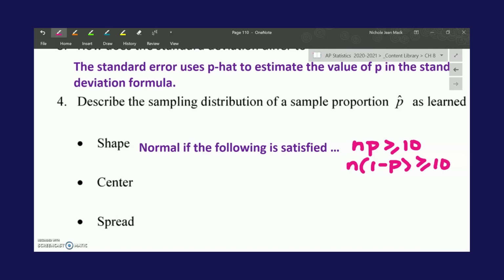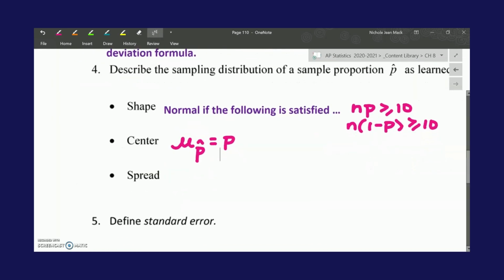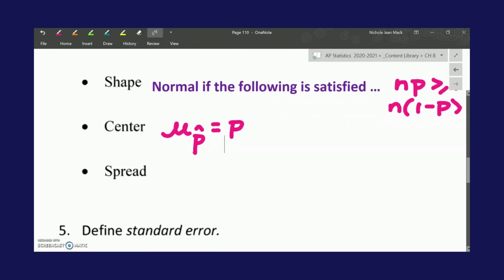Let's talk about center. The center is going to be just at p. That's going to be given. This one's always given to us, which is fabulous. No calculations there. And then the spread, we're going to calculate the standard deviation, which I just gave to you,